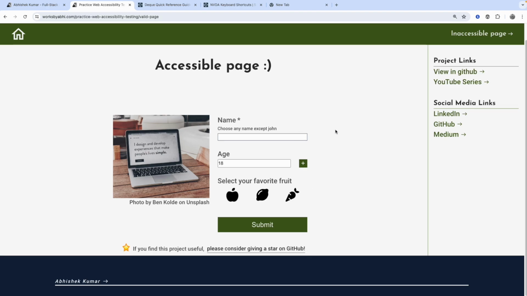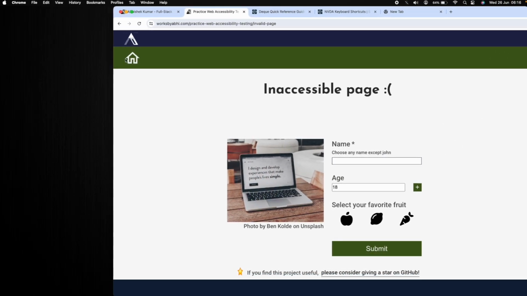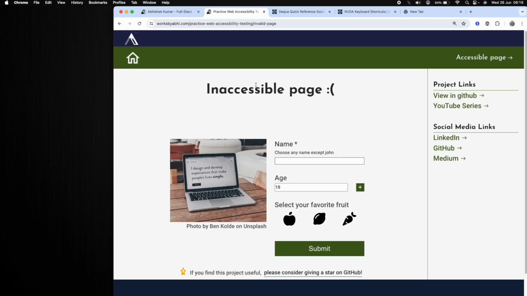Let's first start testing for the landmarks. What we will do is we will go to the inaccessible page so we can know that it has the issues, and then we will compare how it is much better with the accessibility. So here we are on our inaccessible page. I'll click on Siteimprove,